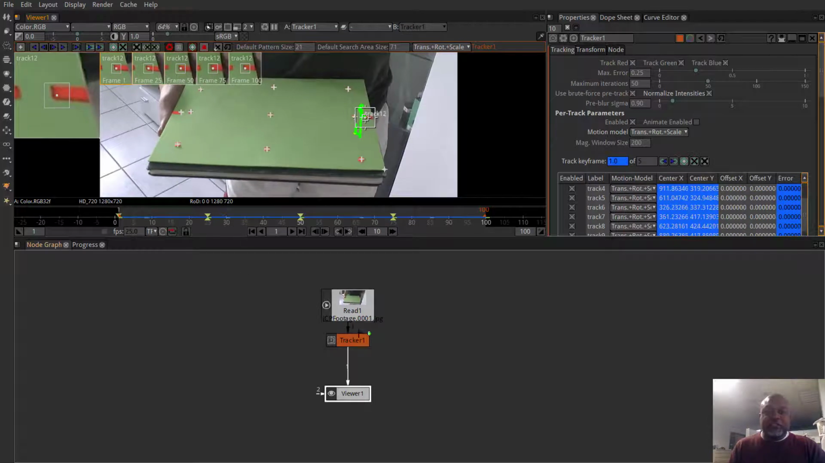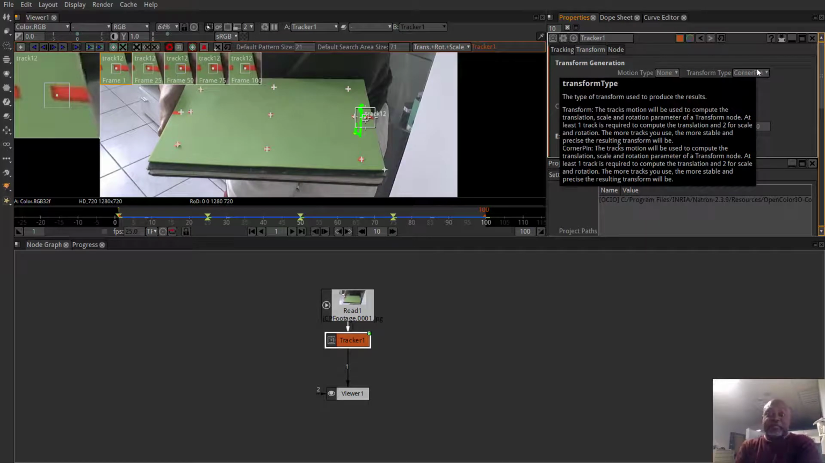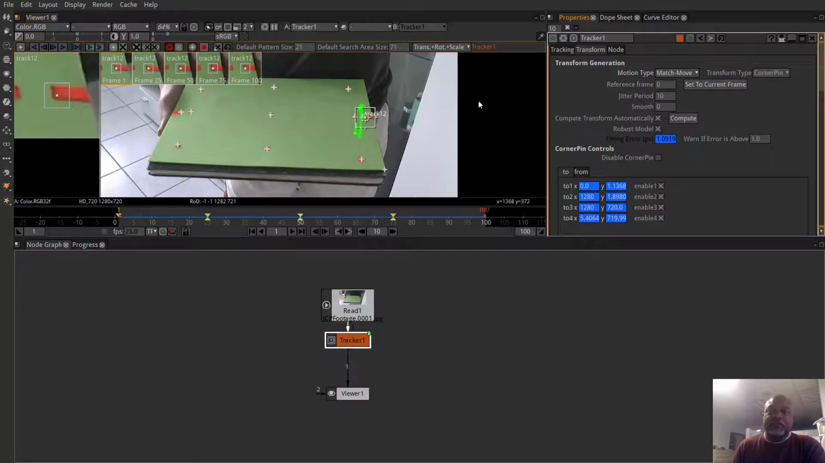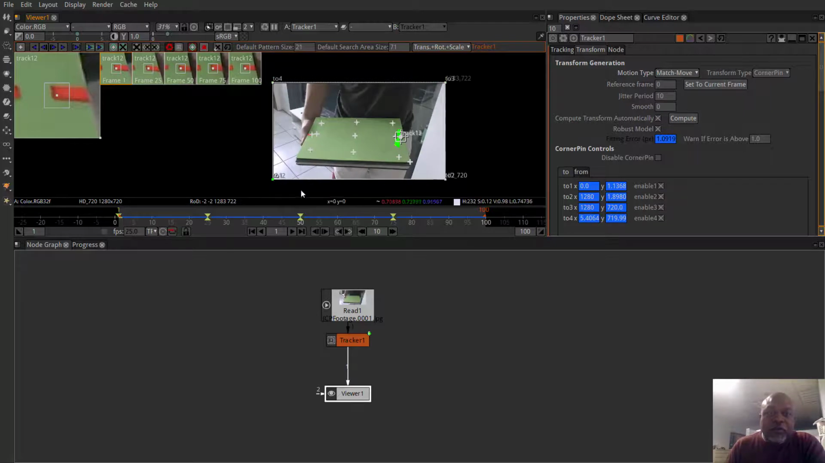That's good. So I want to double click on this right here. We did all this. Now what I want to do is come over here and click on the transform. I want to keep the transform type on CornerPin. And I want to come to the motion type and put it on match move. And you're going to notice that this particular rectangle square with these points here is the CornerPin type way of the original,